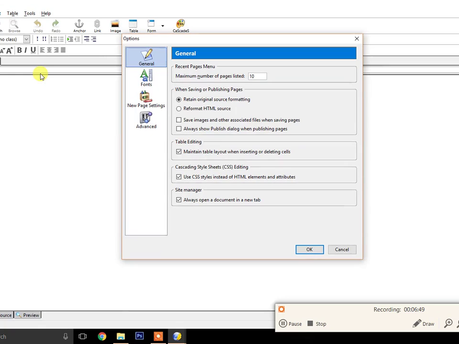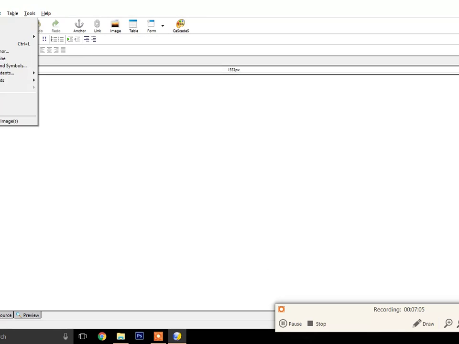Now if you are using an old version, you are getting the same dialog box as you get in Edit Preferences. Just check here. If it is checked already, it's very good, but if it is not, you have to check it here. Now here you can find the CSS menu or CSS editor. You can also call it the CSS editor. So you just have to click here, but before that let me write something here.